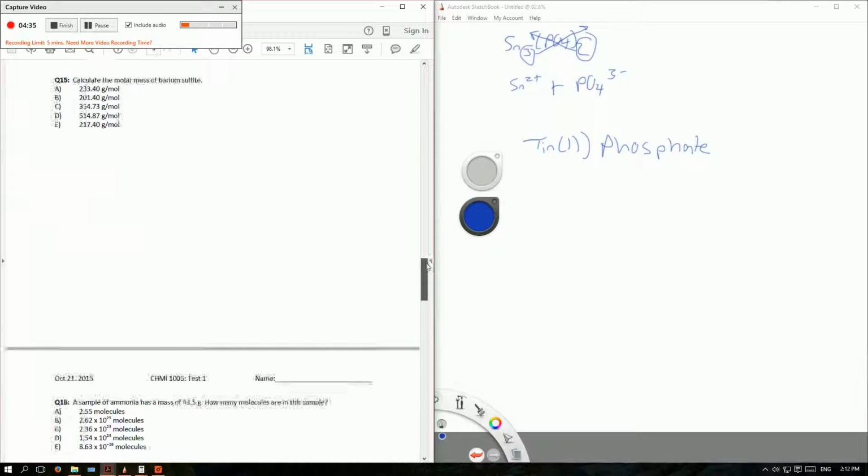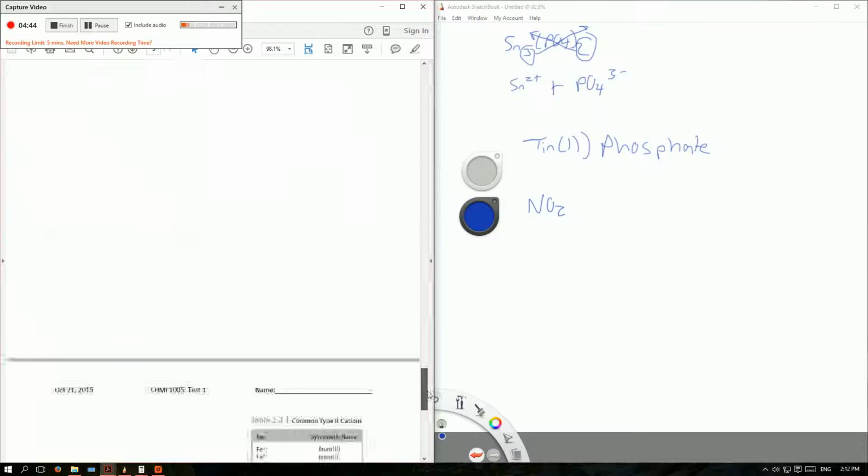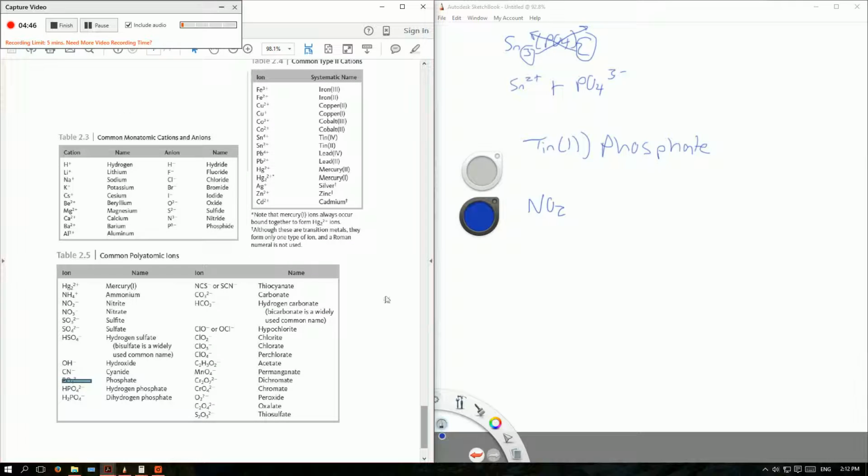Now we go up here. What's the next one? NO2. Same thing. We look down here. You'll notice that there is no nitrogen here. But remember, for most things it just starts, the cation